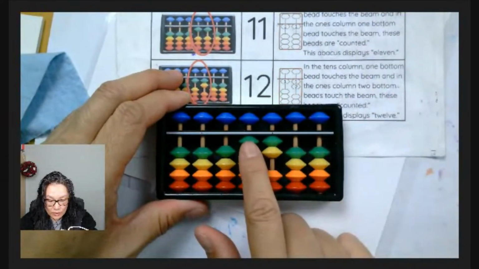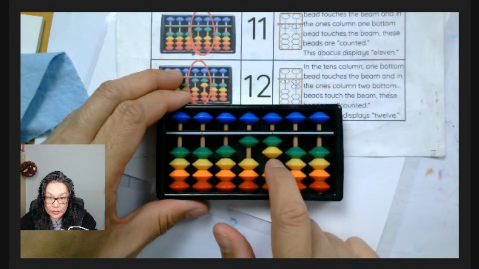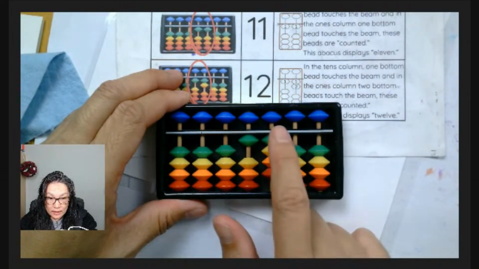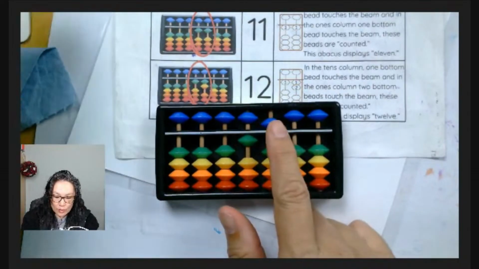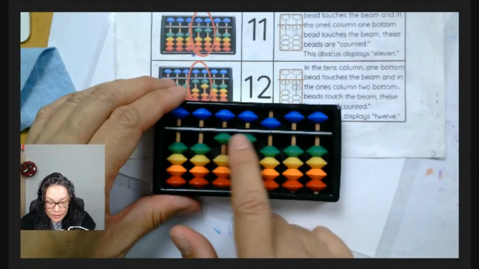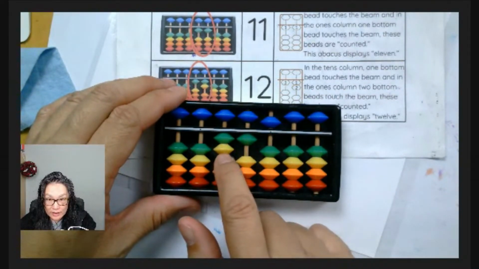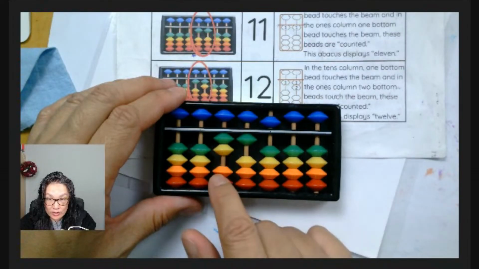Just like that. 1 and 2. When we do 13, 14, and then 15, the top bead will always be 5. When we look, this is 15. We have 100, 15, 200. Now we can count by hundreds. 200, 300,